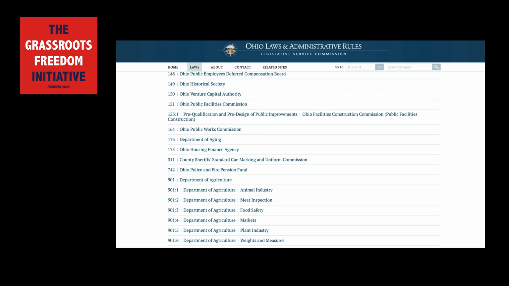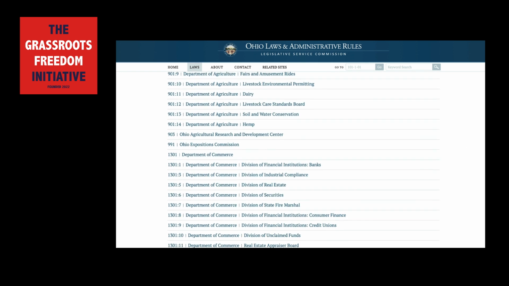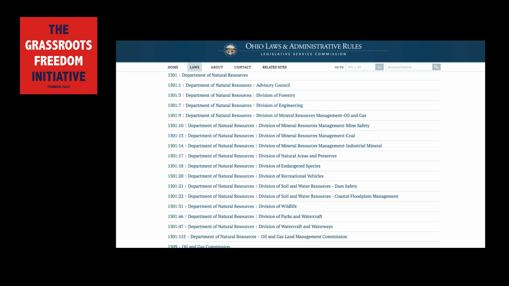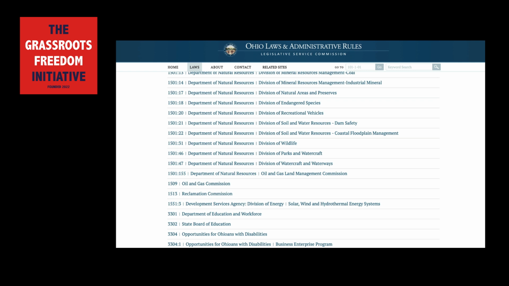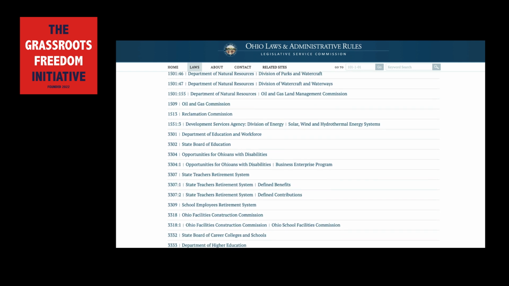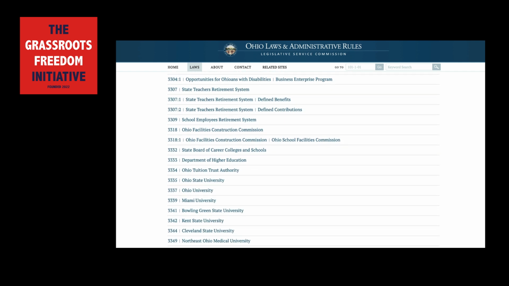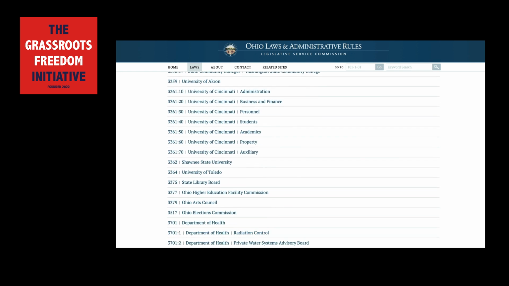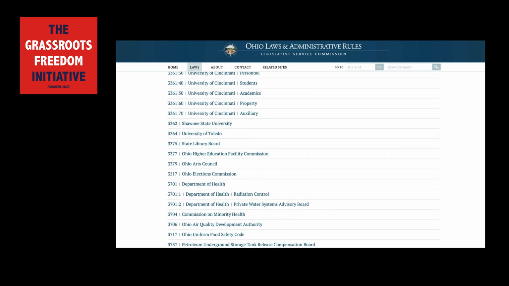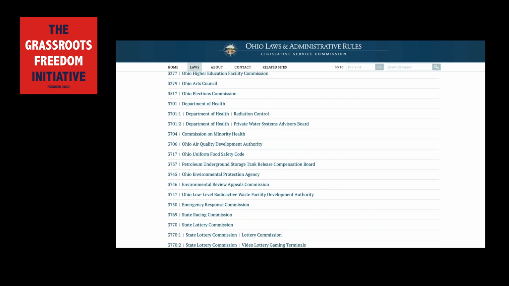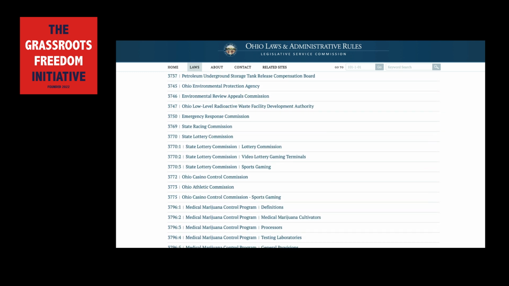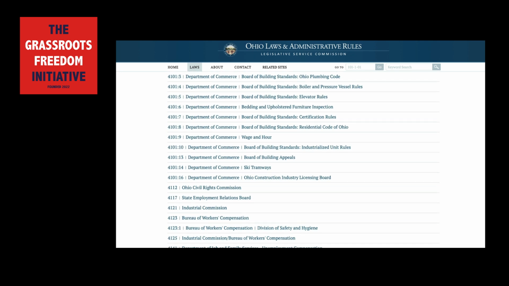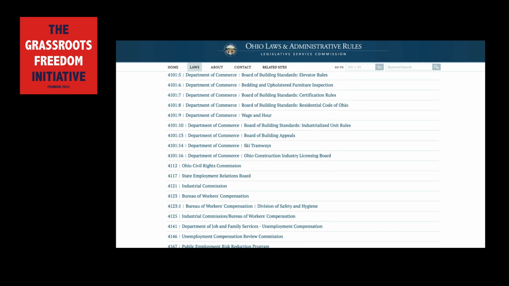All rules and regulations in the OAC must comply with the Ohio Constitution. If any administrative rule conflicts with the Constitution, it can be challenged in court and declared invalid. The ORC establishes statutory laws passed by the legislature, and the OAC provides the rules and procedures for enforcing those laws. The OAC exists to implement and clarify the statutes in the ORC.